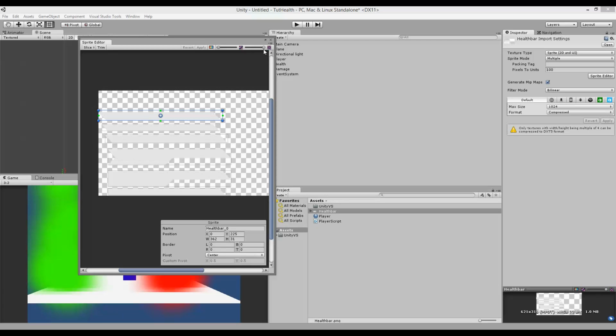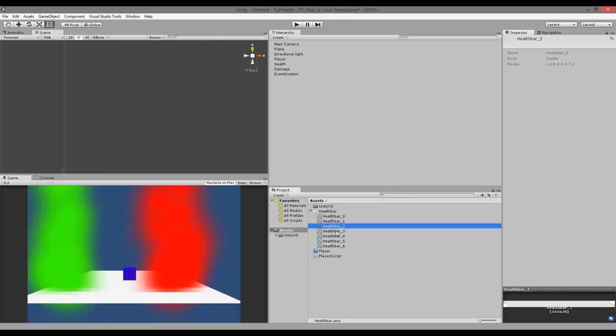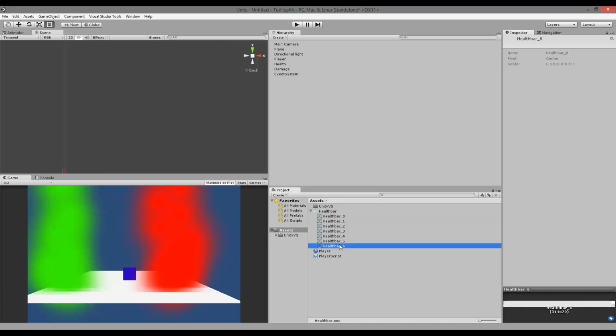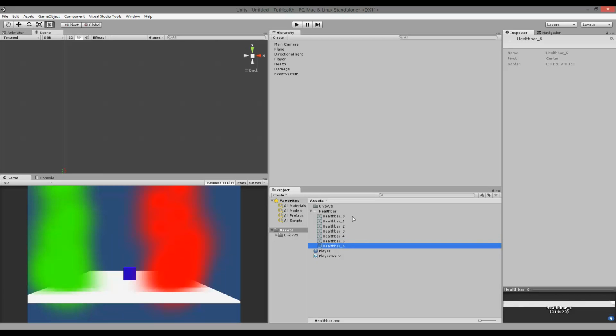into individual images. So if we click at the health bar here, you can see that there's a little arrow, and then you can open it and see that it sliced every single image in there into an individual image we can work with. And I'm gonna work with the health bar 5 and 6 because that's the one with the straight line I like best. Okay, so to add this to our screen, we need to create a UI element, and we do